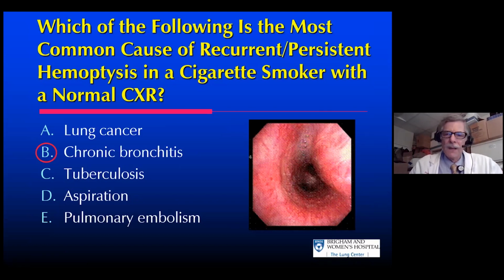It's very common, chronic cigarette smoker, cough and phlegm. And if you look inside their airways, part of this chronic inflammation of the airways are prominent vasculature right here along the surface, and these would let loose and bleed periodically. That wouldn't be surprising. So probably chronic bronchitis, but if you're worried about lung cancer, long-term cigarette smoker with hemoptysis,